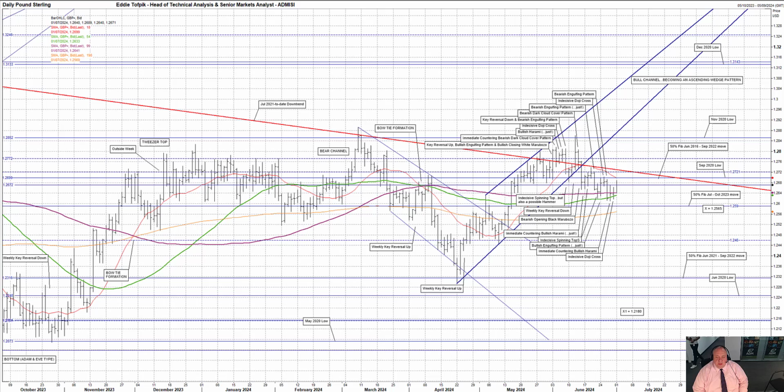Cable, aka sterling against the US dollar. An indecisive doji cross on Friday as the market got itself stuck on a closing basis among the mauve highlighted flatlining medium moving average, at 126.41, and the rising green highlighted short medium moving average, currently at 126.33. Now these two are part of a wide congestion zone between about 125.69 up to 126.72, possibly as high as 126.99,